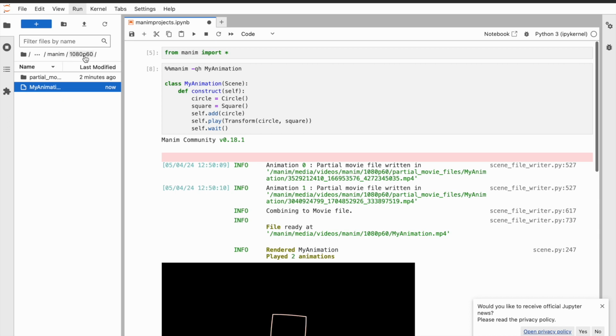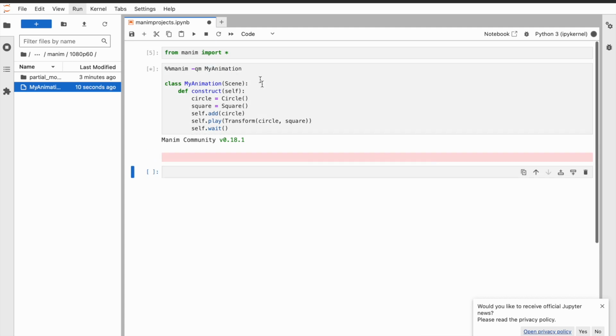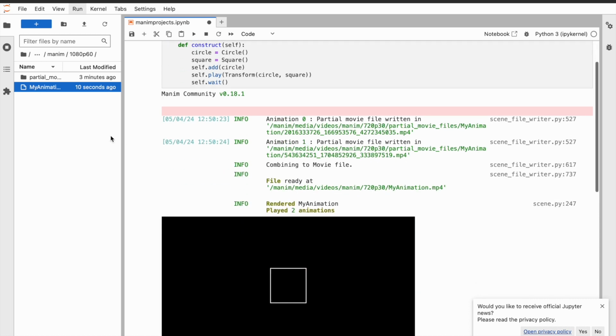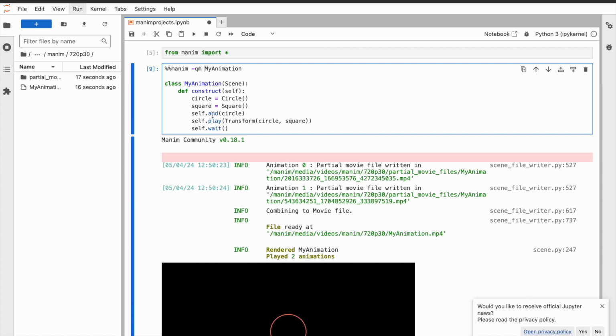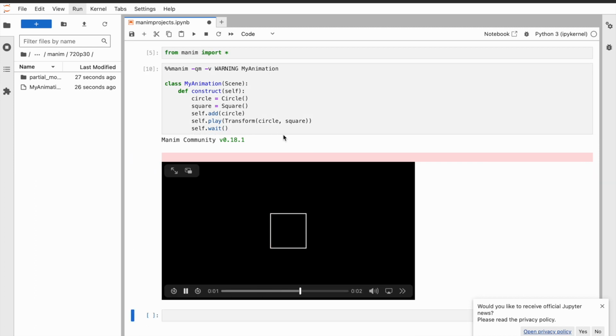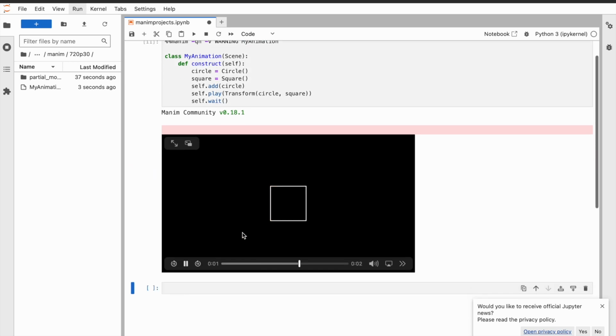Which by default I think is high, but you can also define medium quality here, so it will render faster for sure. You can also add a -v flag and write warning in order to exclude these messages here, and the rendering will look much cleaner, like this. Let's put it like high,